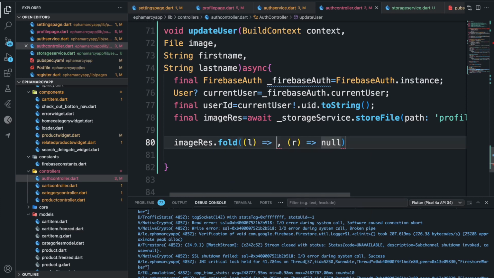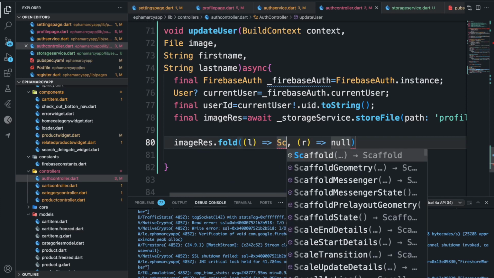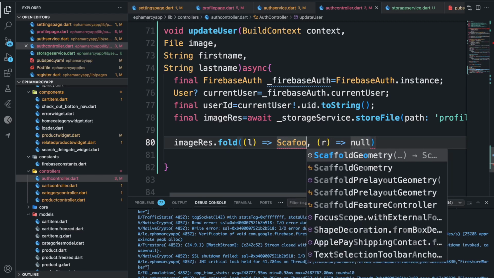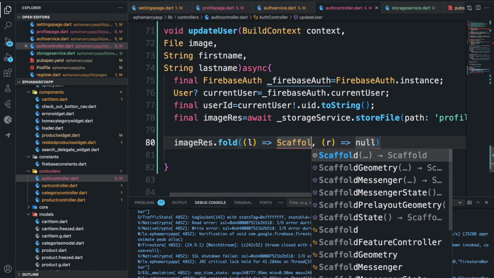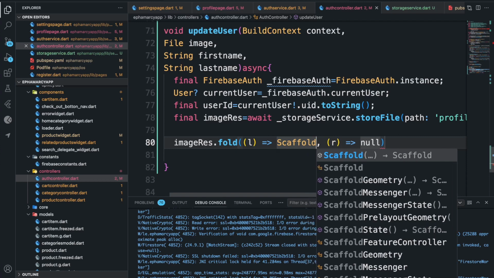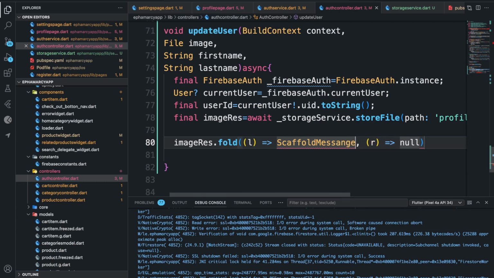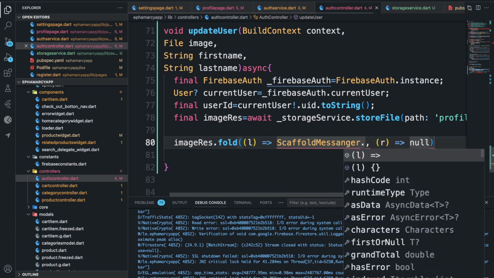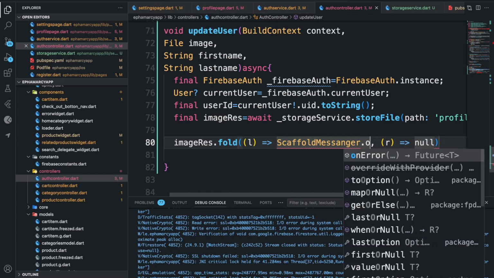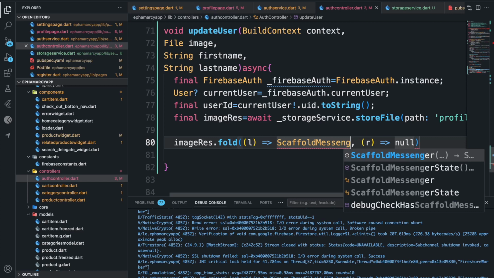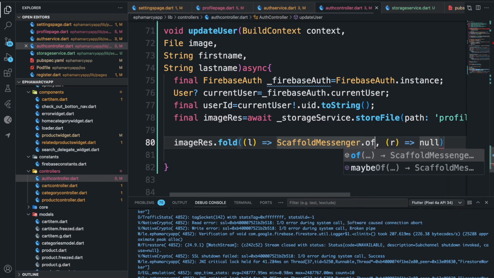So L, that means we have a failure. What you're going to do, we are just going to say scaffold. We're just going to display scaffold messenger dot of, messenger dot of,